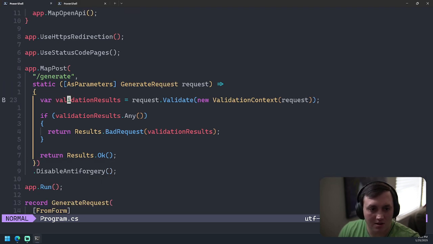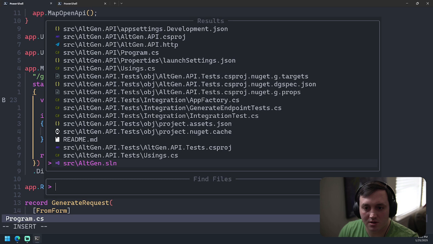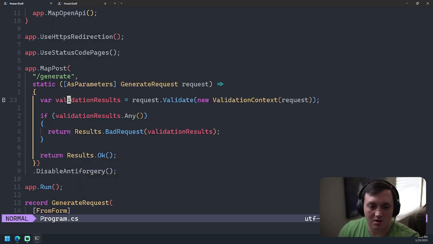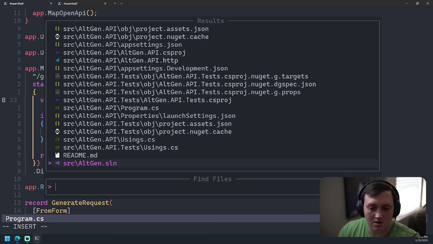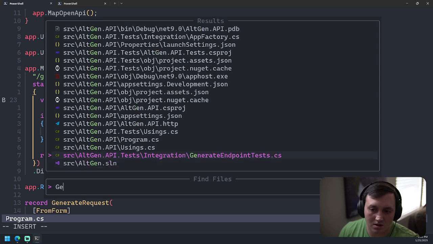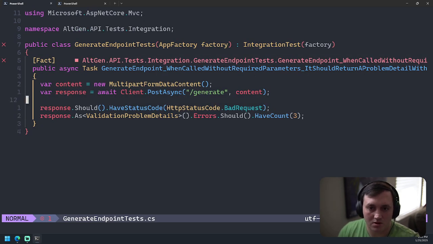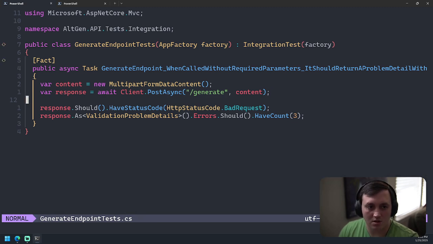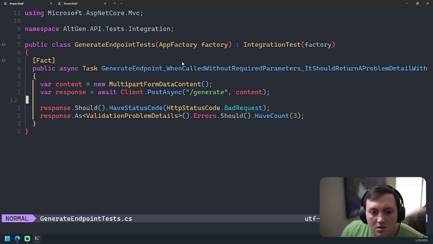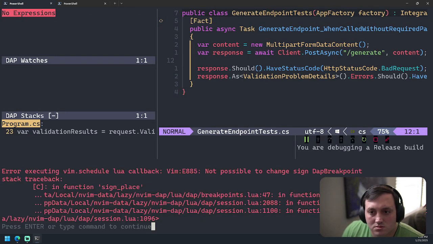Space toggle breakpoint. Not possible to change sign, DAP, breakpoint, traceback.